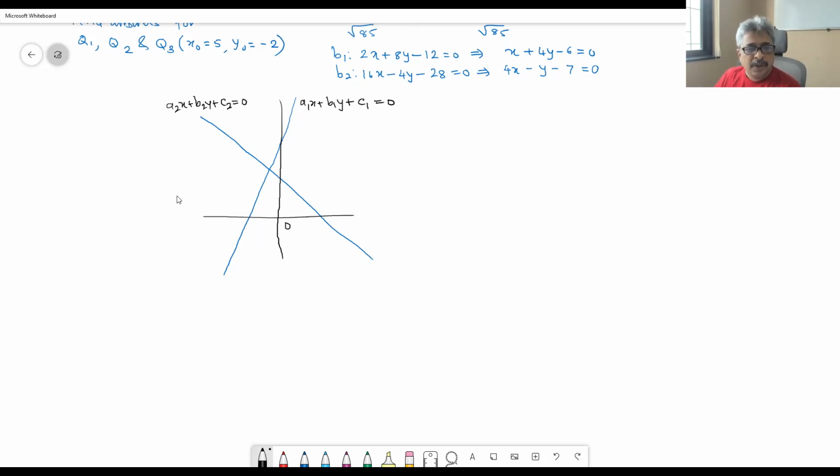Right? Now, basically, what we are trying to do as far as answering the first question is concerned, we would like to find out in which quadrant the origin is. Okay. Now, when these two lines intersect,